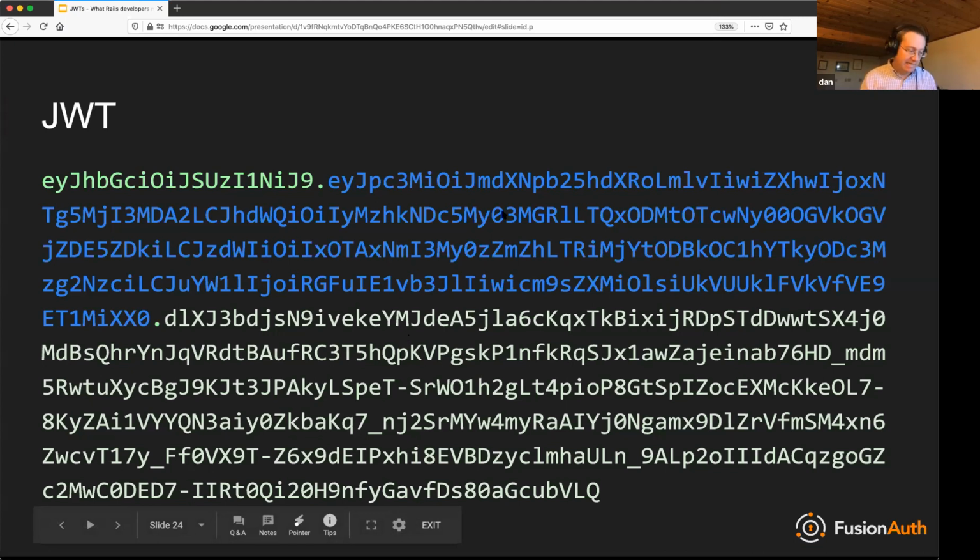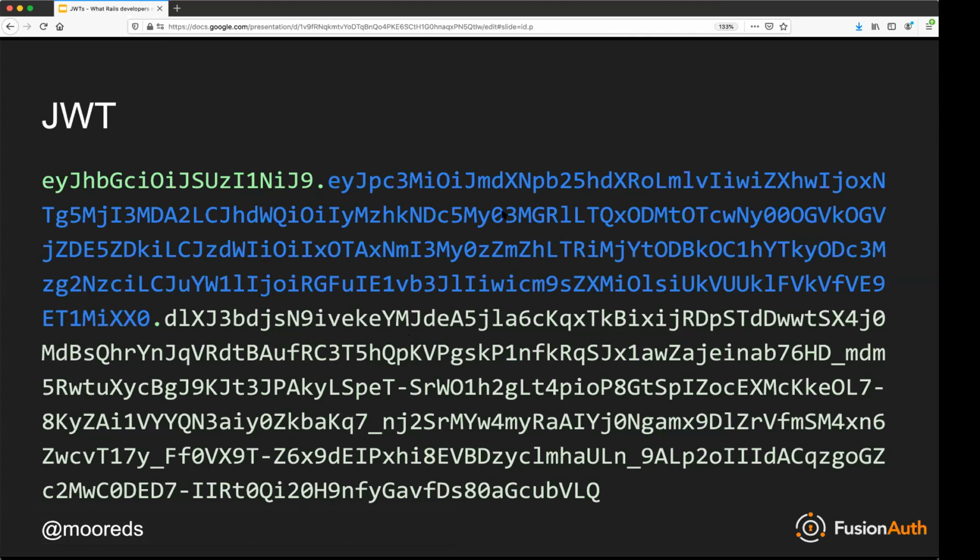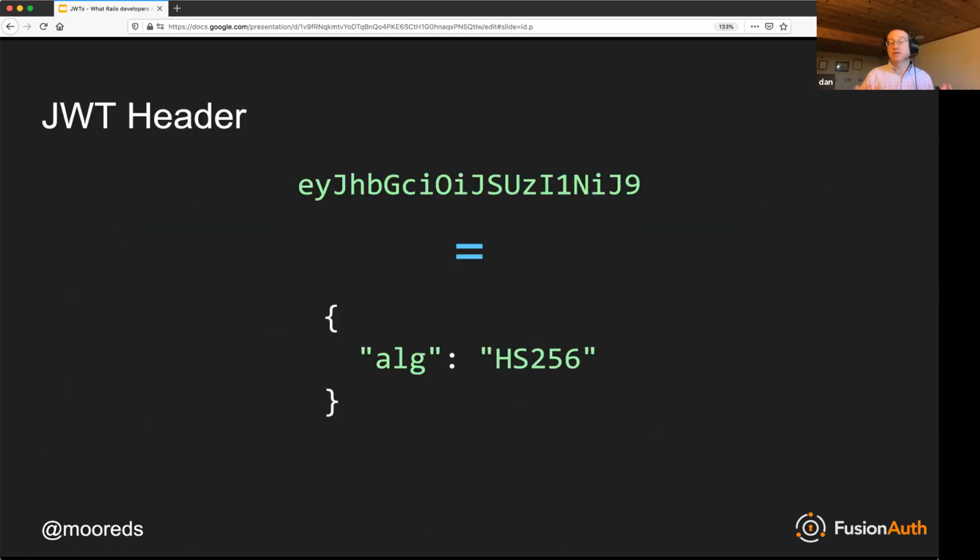And the reason for that is that it makes it really nice to put into headers, like an authorization header or any place that might choke on normal curly braces, which are a key part of JSON. But you could cut and paste this, and I'll make this presentation available, into any number of online tools, and cut and paste each of the clauses, and you'll see the actual plain text. So it's not encrypted. I guess that's worth emphasizing. JWTs are signed, they're not encrypted. So no secrets, basically.